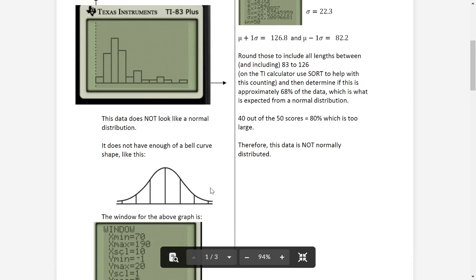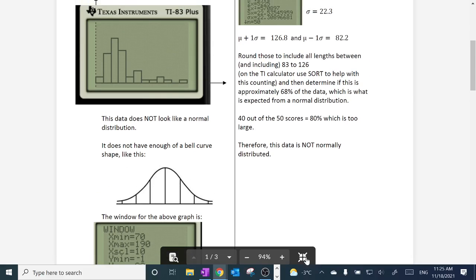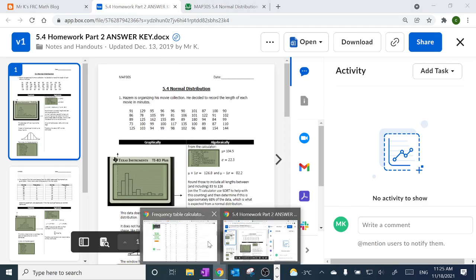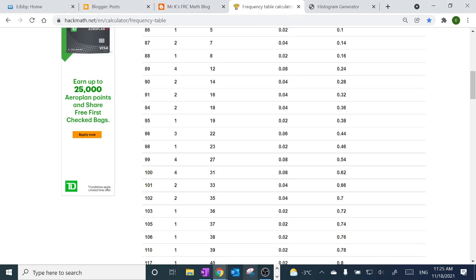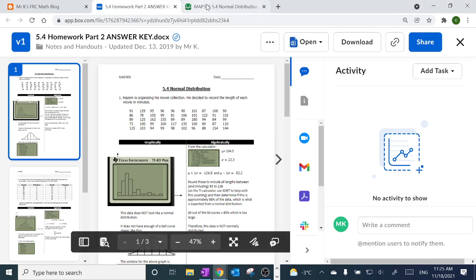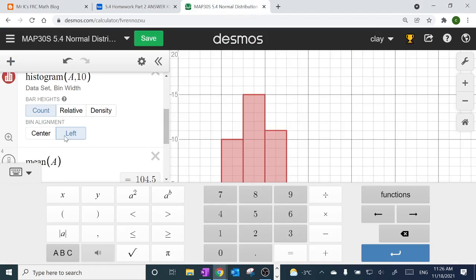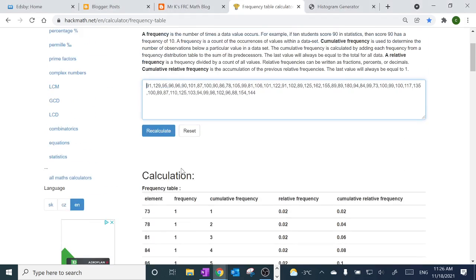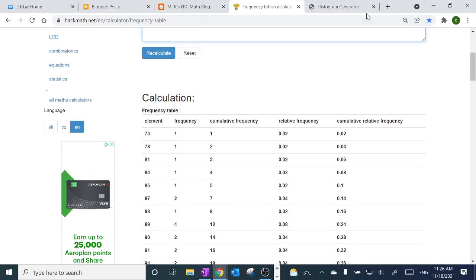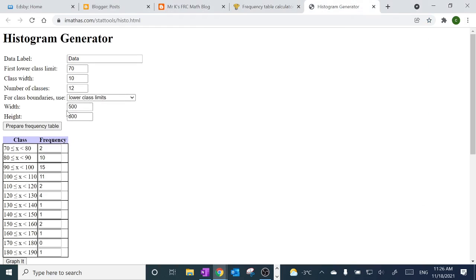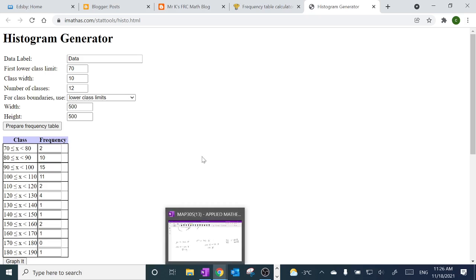But for the apps, you have to tell it that. Desmos needed to be told that it's aligned left. The other app needed to be told that it's lower class limits that are the boundary. So that would put the 70 with the 70s, and the 80 with the 80s, and the 90 with the 90s, etc. Okay, so for the second example, it's already in